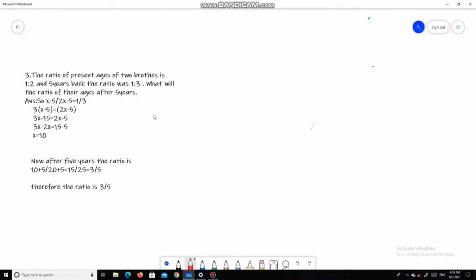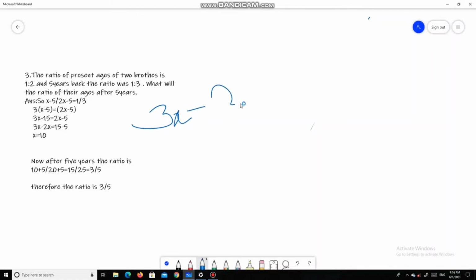There 3x and 3 into 5, that is 15. So negative 15, which is equal to 2x minus 5. Okay, your handwriting is not that good, but look, I am writing with mouse, so understand please. I have written here also. Okay, next. And now we have to just keep all variables on one side, and the other numbers on the right hand side of the is equal to sign, like this.